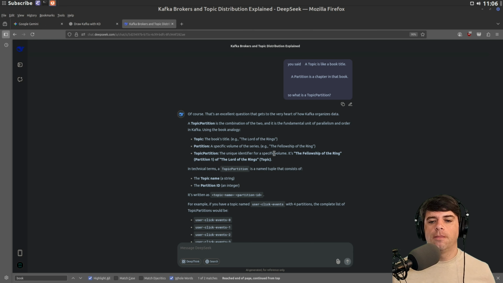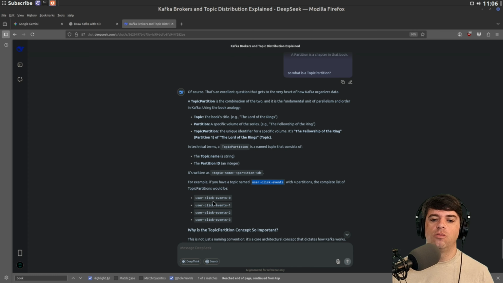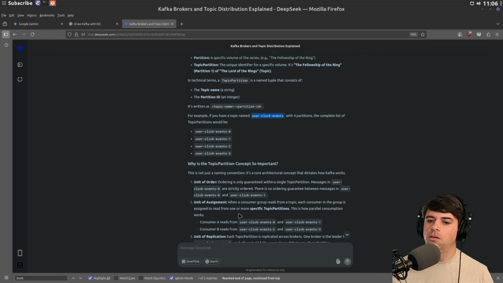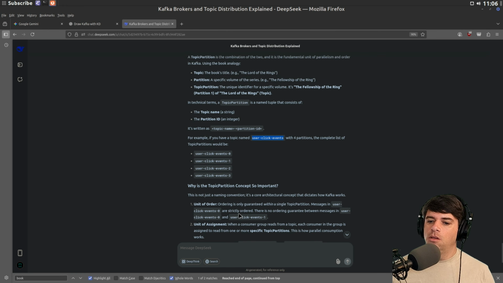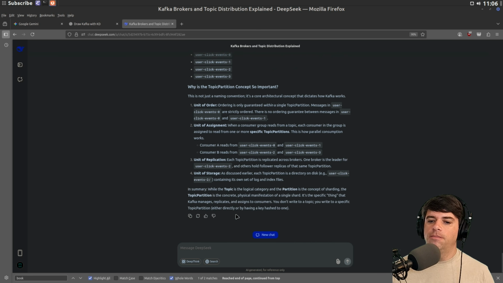Yeah, no, okay, that's good. For example, if you have a topic named user click events, the complete list of topic partitions would be user click events -0, 1, 2, 3. There's no ordering guarantee between them.